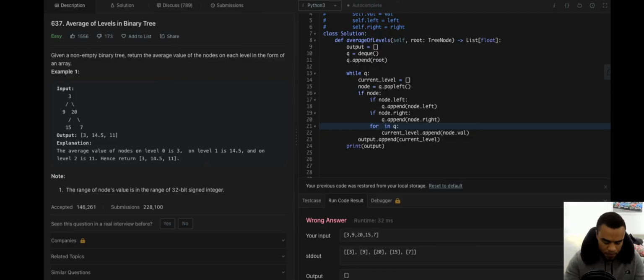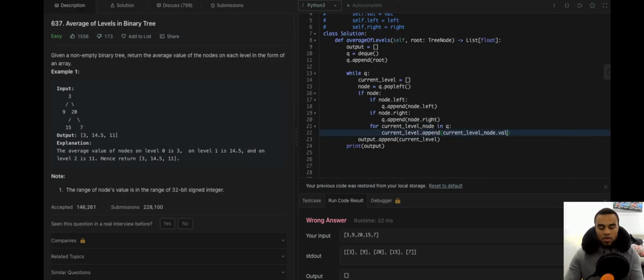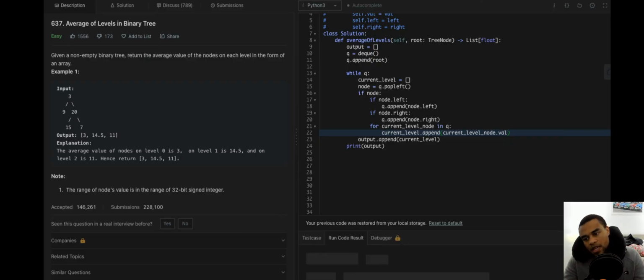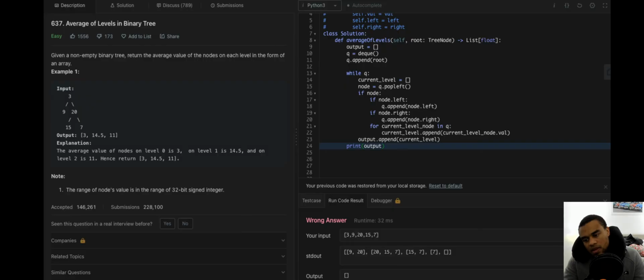So for current level node, I'll just call it, nah, forget it, I like long variable names. Oh, I think this mic's in the way. Current, yeah, 9, 20, 20, 15, 7.